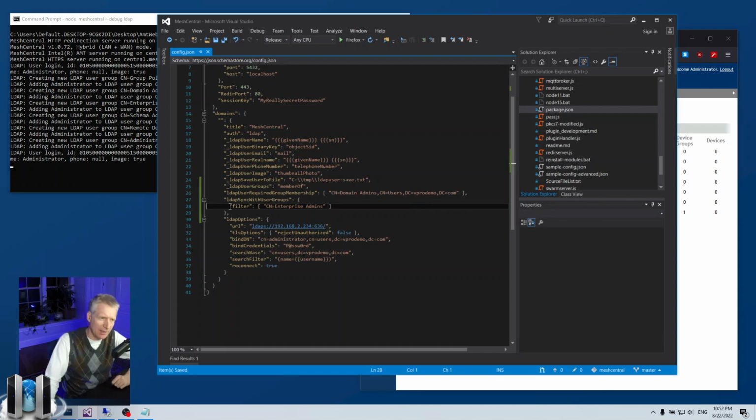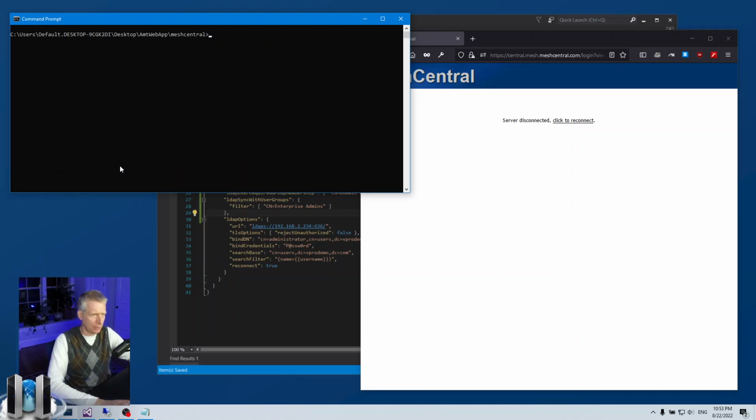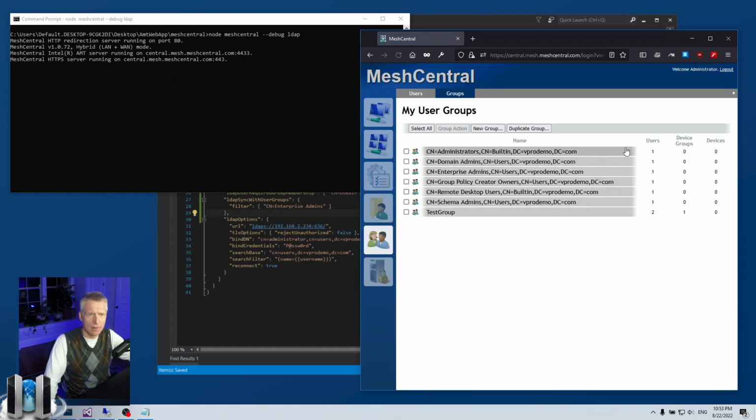So basically what I'm saying is, if a user logs in and they're part of many LDAP membership groups, only mirror the groups that have CN equal enterprise admins. So any group that has this substring in it will get matched up. So this is nice because now I won't have to deal with hundreds of these groups that I really don't care about. So I'm going to reset the server, start again with this new setting,